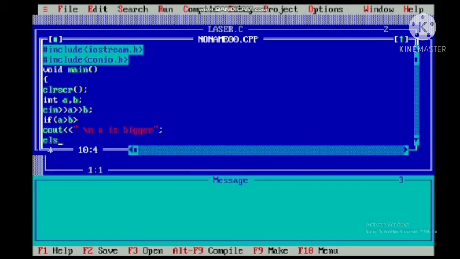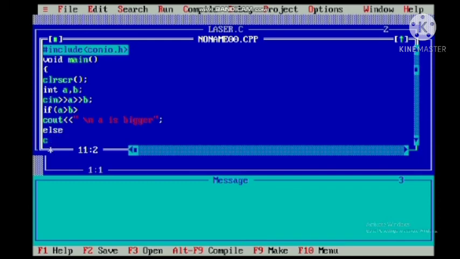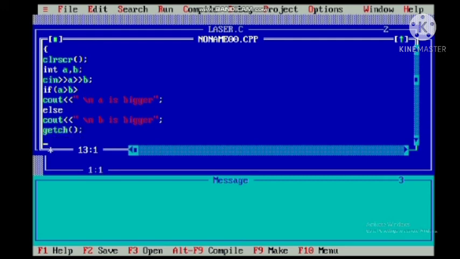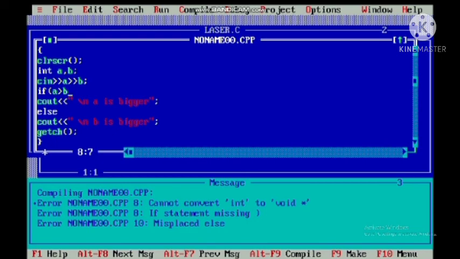In the next line we give else, cout, and in the inverted commas we give "b is bigger", semicolon. Then we give getch, and then we close the parenthesis.